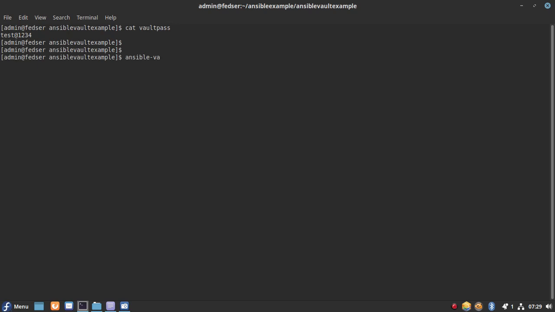Okay, so let's see how we can do this encryption using Ansible Vault. We need to run the ansible-vault tool. We need to pass the encrypt_string option.